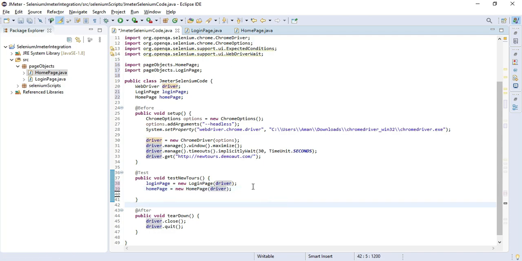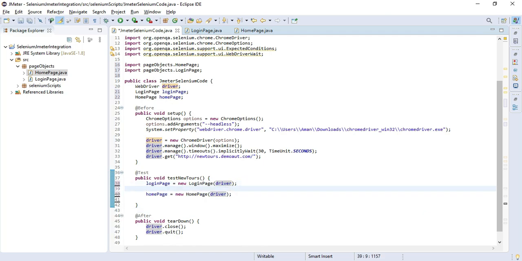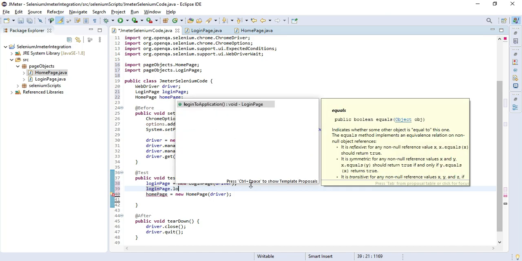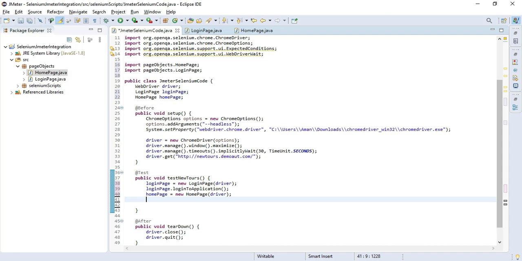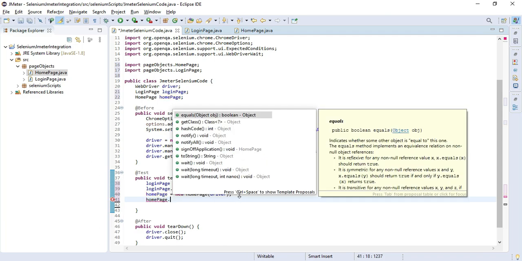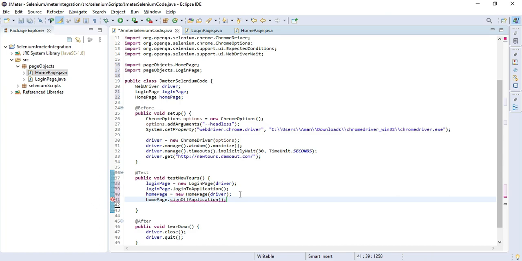Okay, we have done that. So to log in to our application after creating this object, we will have to call login to the application, and once we are able to log in, after verifying the flights finder image, we will click on sign off. So to do that, we will have to use the HomePage object and sign off application.